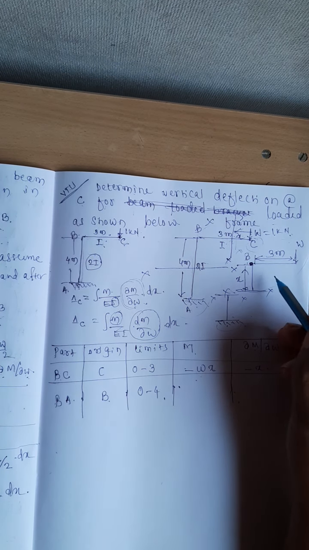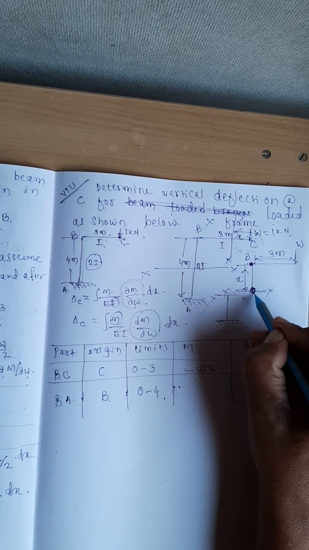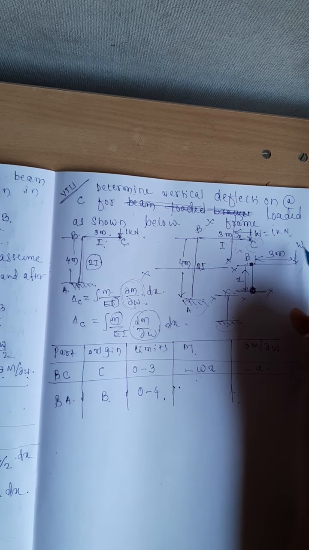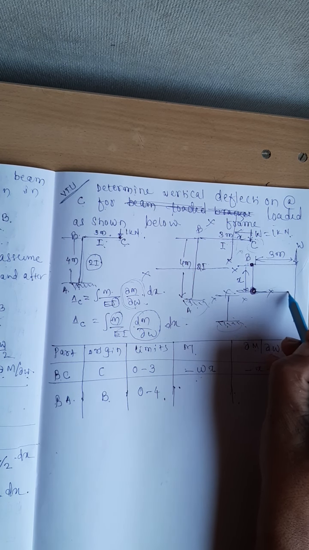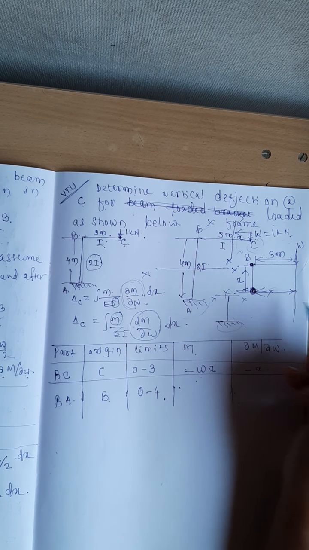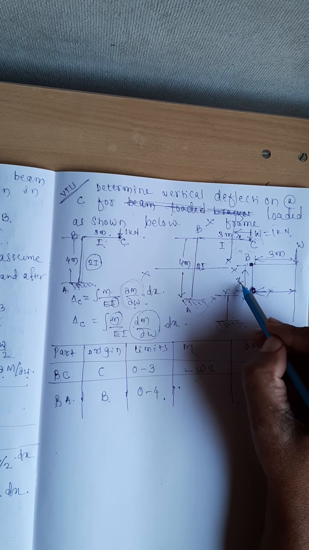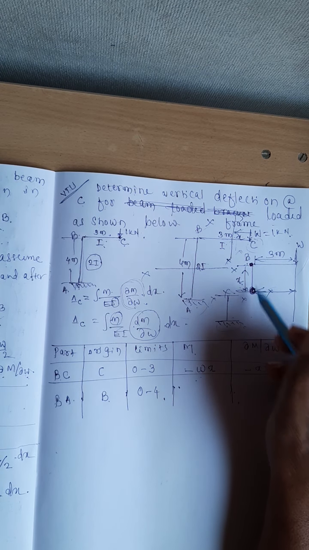Friends, just see here an important thing. I want the bending moment at the section XX. What is the basic definition of bending moment? Force multiplied by the perpendicular distance. Here the load is going like this. Therefore, this will become the perpendicular distance. Yes, perpendicular distance is remaining constant. It is not dependent on the value of X for the whole part. Are you getting it or not?